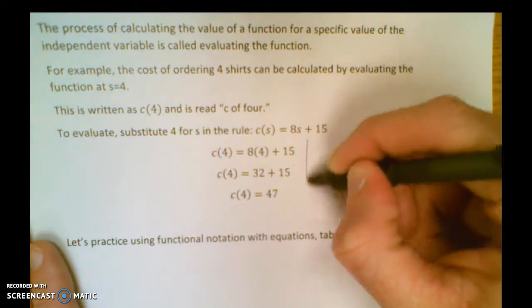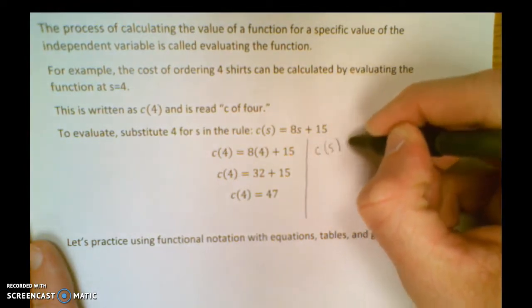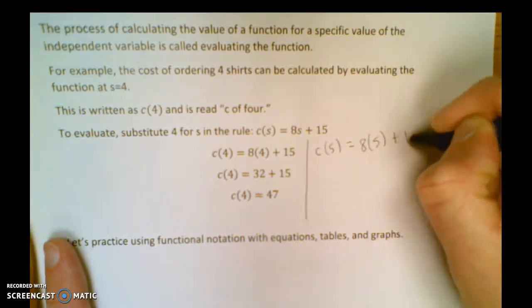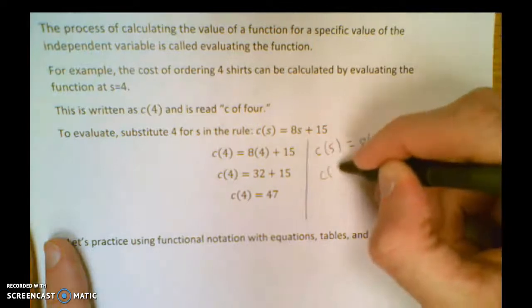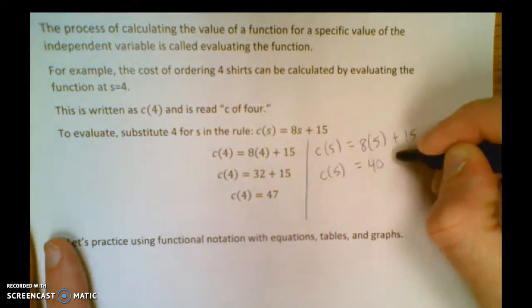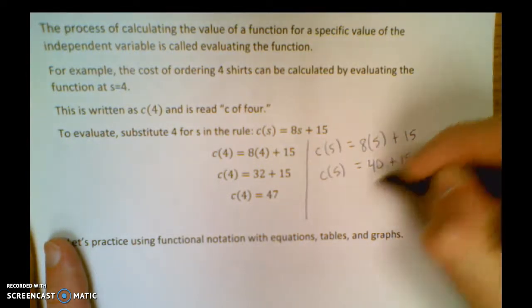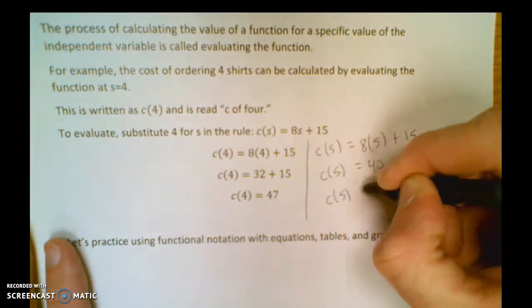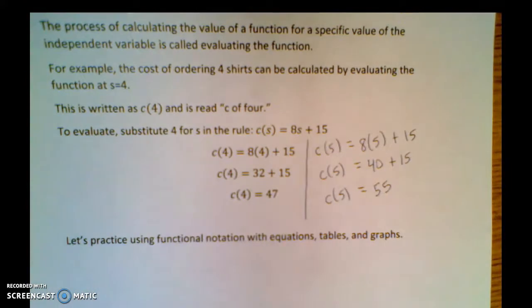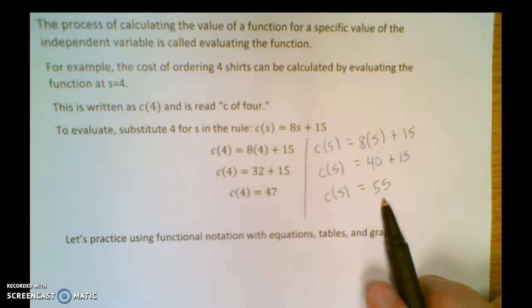You could plug in any value you wanted to. Let's say I wanted to find the cost of 5 t-shirts. So I would plug in 5 for the variable s, where I see it. Again, I do not do anything on the left-hand side. That is just telling me what the input is, but I can solve the right-hand side. I'm plugging it in. I would get $55 would be the total cost. So I can pick any value I want for s, plug it in, and I should get out a different